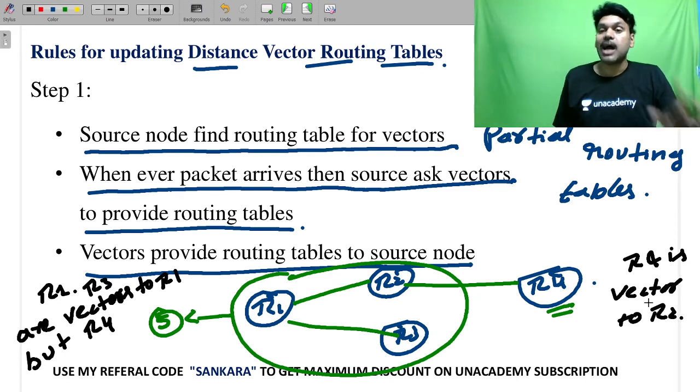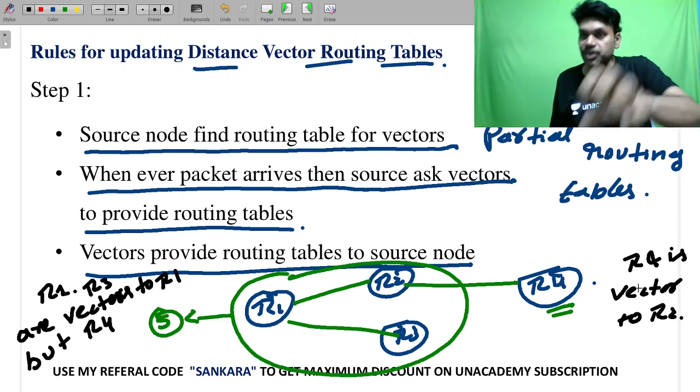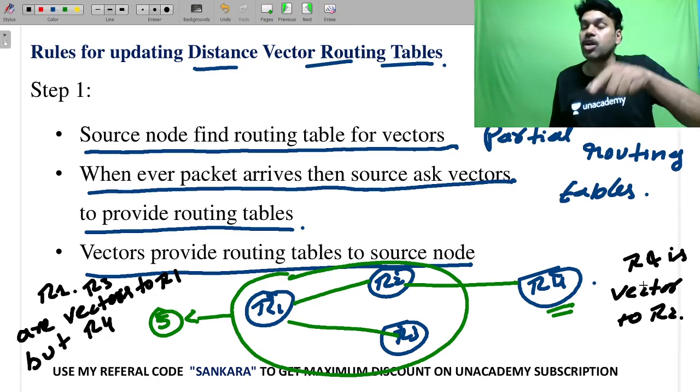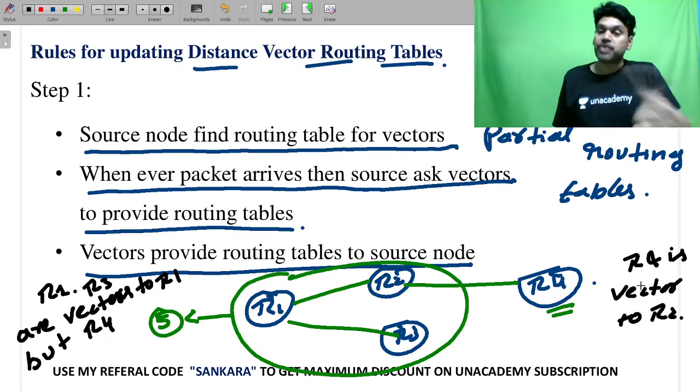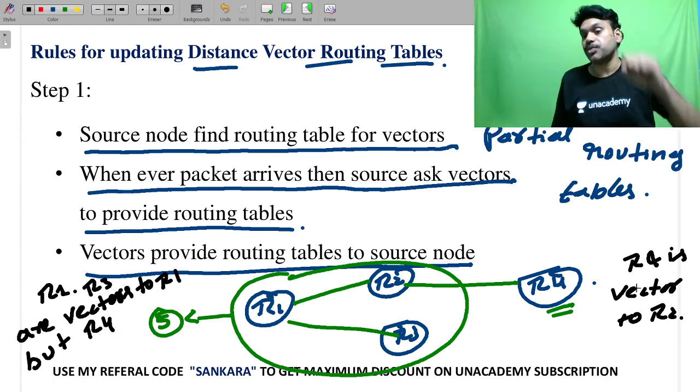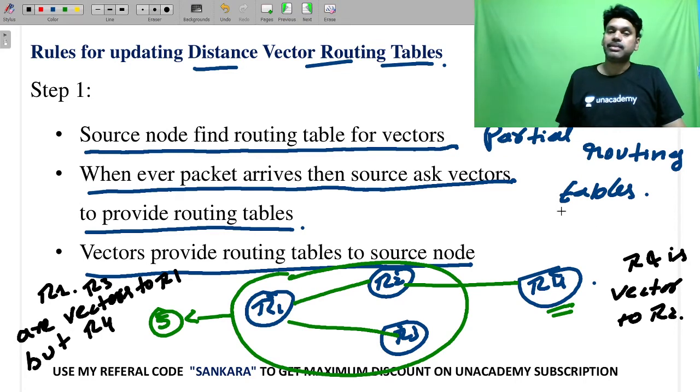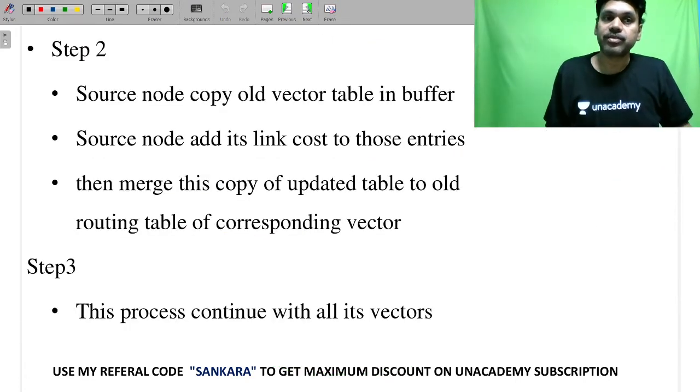Therefore, what I do, I will ask R2 to give you its routing table, because it has knowledge about R4. Therefore, R1 is going to calculate the distance to R4, or learn about R4, right? And the second rule,